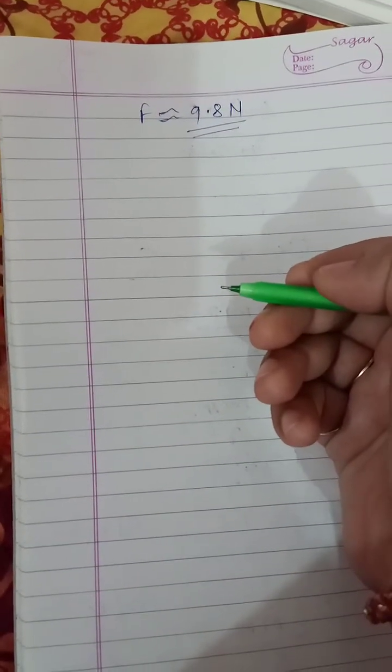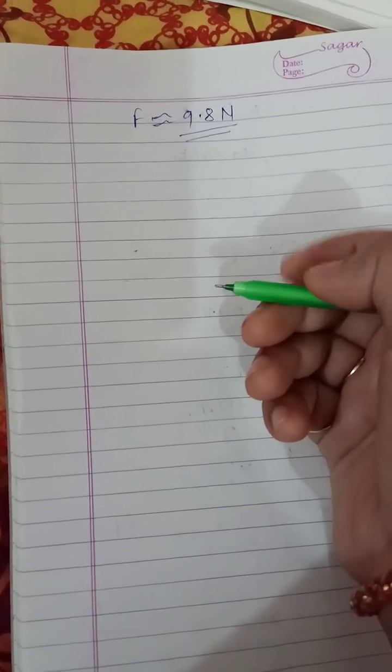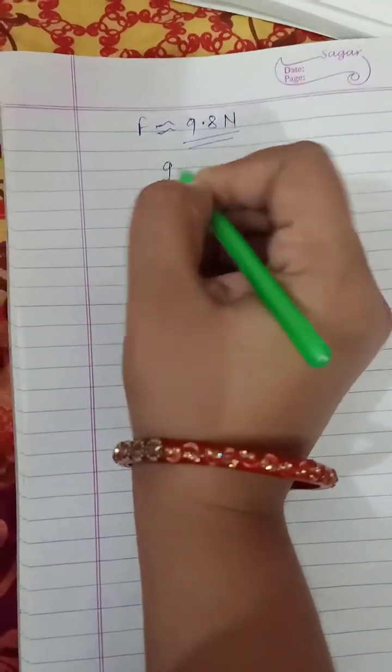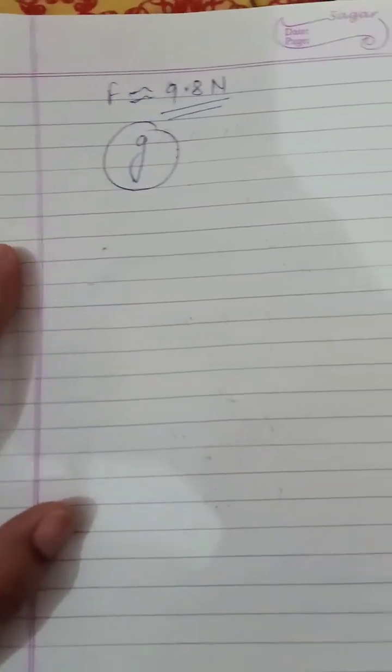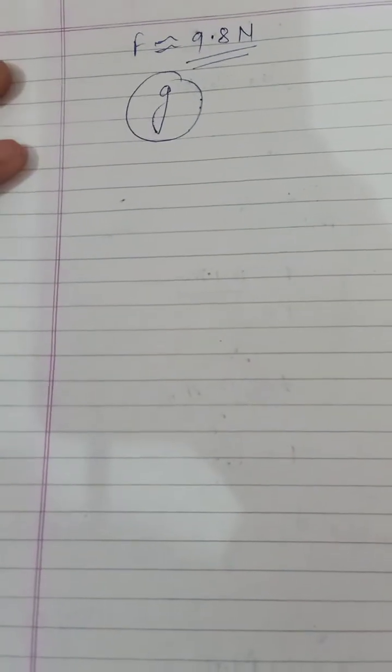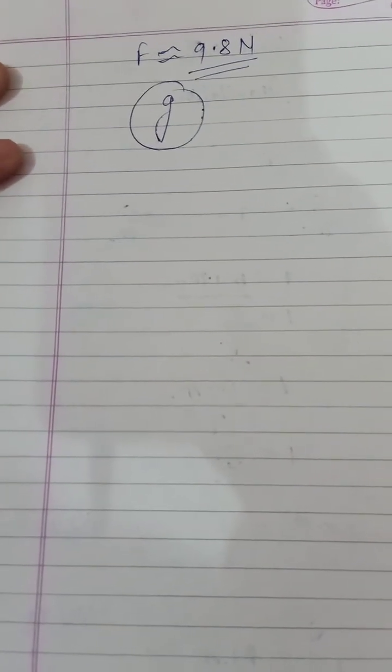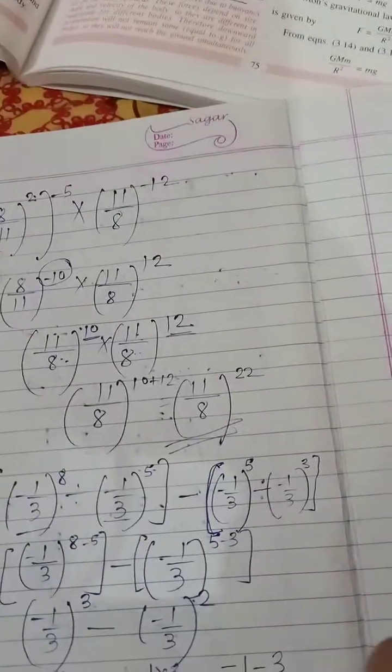Next we have the acceleration due to gravity. Acceleration due to gravity is represented by the letter g. Force due to gravity is the force of attraction acting between the earth and the particle. As we all know, the earth attracts all particles toward itself, and because of that, when the earth attracts the object toward itself, it has a change in velocity. Because of that, the acceleration works.